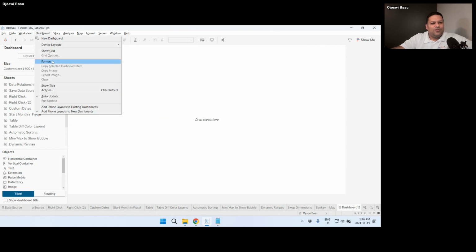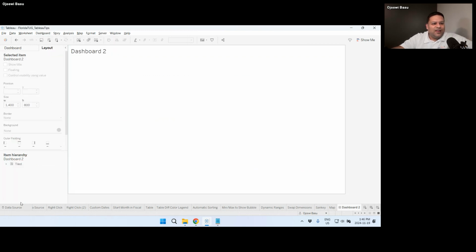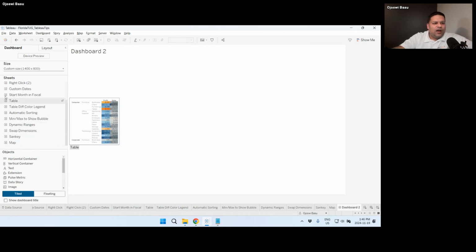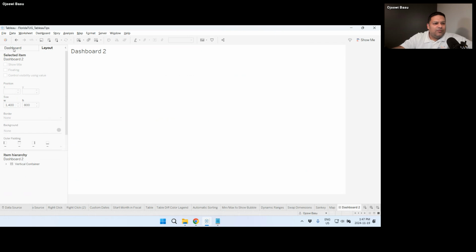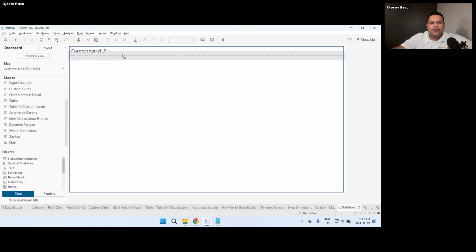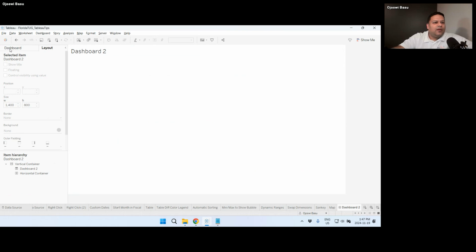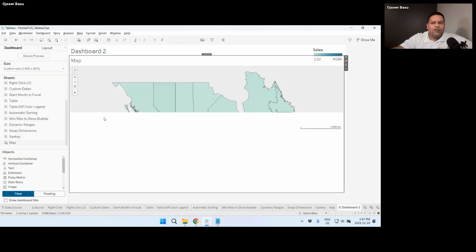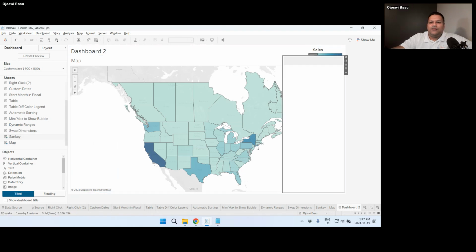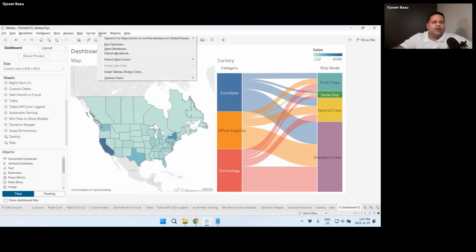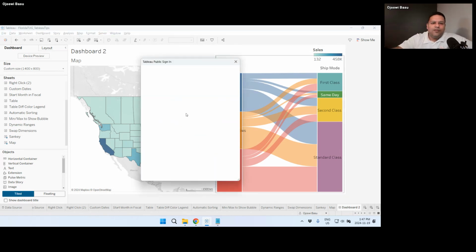I've learned that if I float my title, then in the layout, you get a vertical container. I don't need that outer tile anymore. And now, for the sake of one quick demo, I wanted to drag in a horizontal piece. So I will drag a horizontal container, snap it under the title, get rid of this tiled thing. I don't need it anymore, and hope nothing breaks. Let me drag the map here, and beside the map would be my Sankey. Okay, sales showed up. And now if I go ahead and publish to Tableau Public,